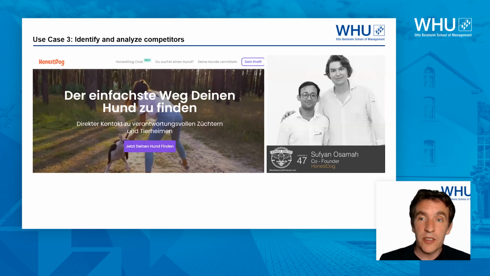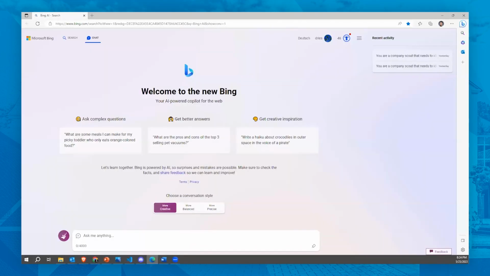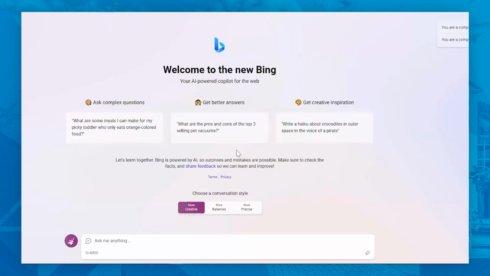And as mentioned before, ChatGPT is not really a good tool to search for factual competitors, because that's not how it's trained. So in this case, a tool that makes much more sense is to use the Bing chat. Bing, from Microsoft, has a partnership with ChatGPT, but Bing has created its own chat. This chat does not only use the large language model, but is also able to search on the internet. And so in that way, if you need factual information, this tool might be much more convenient.